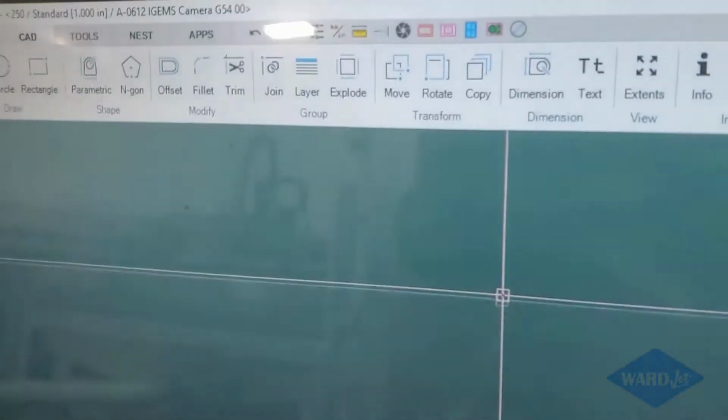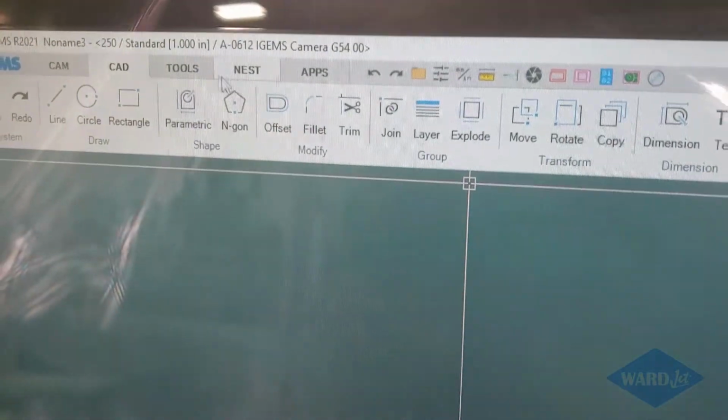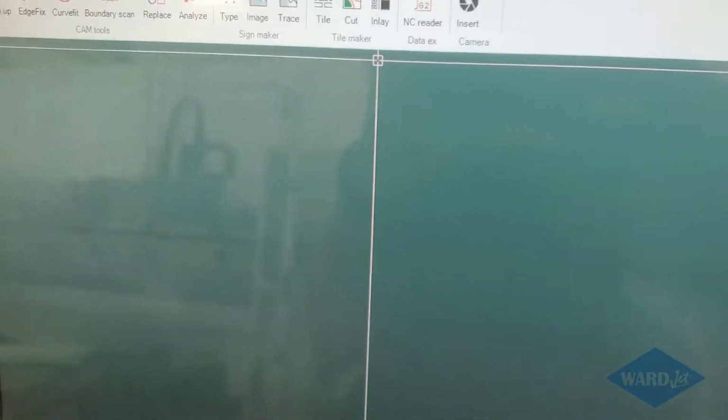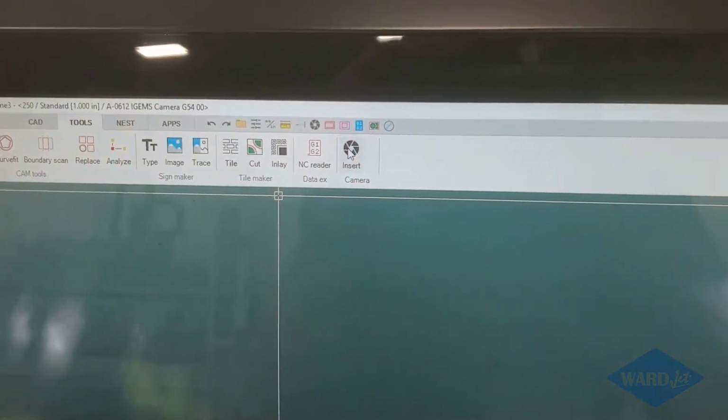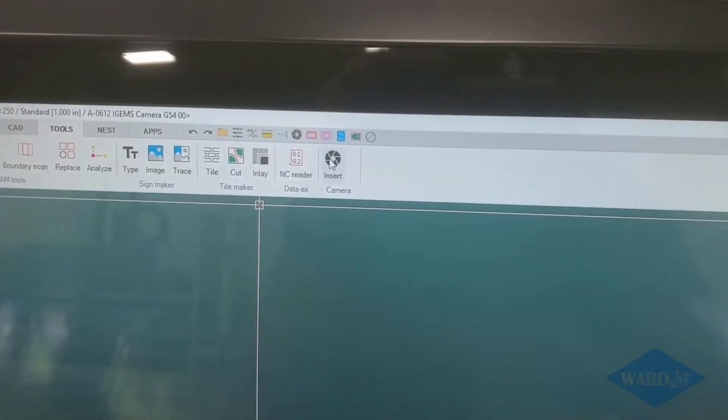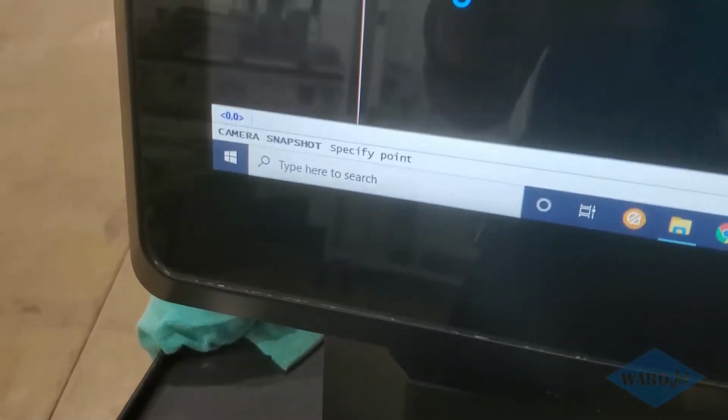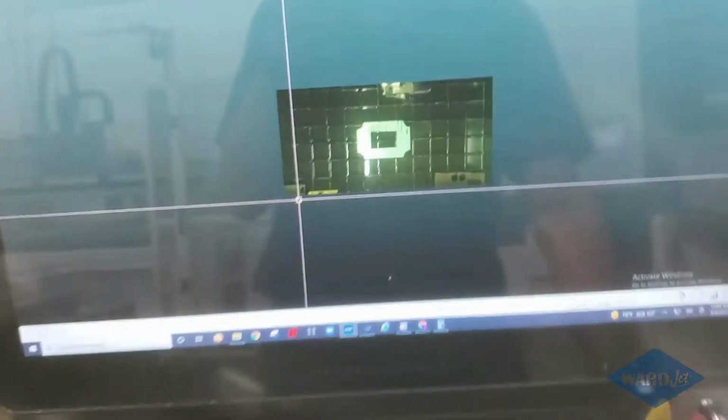So this is our IGEMS package here. I've got a command here on our Tools tab. Click on this insert button here, and it prompts you where you want to insert your image. Just hit enter, and it takes a picture and then inserts it here in IGEMS. So then now we've got it here, we can go ahead and use our various CAD commands to create our